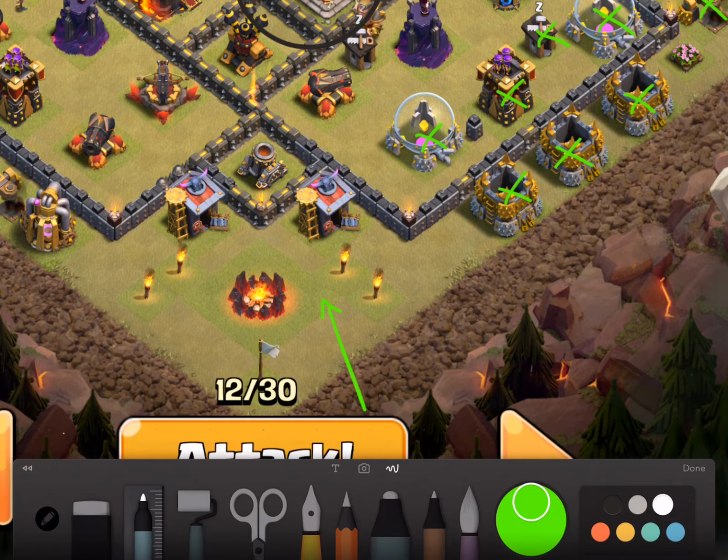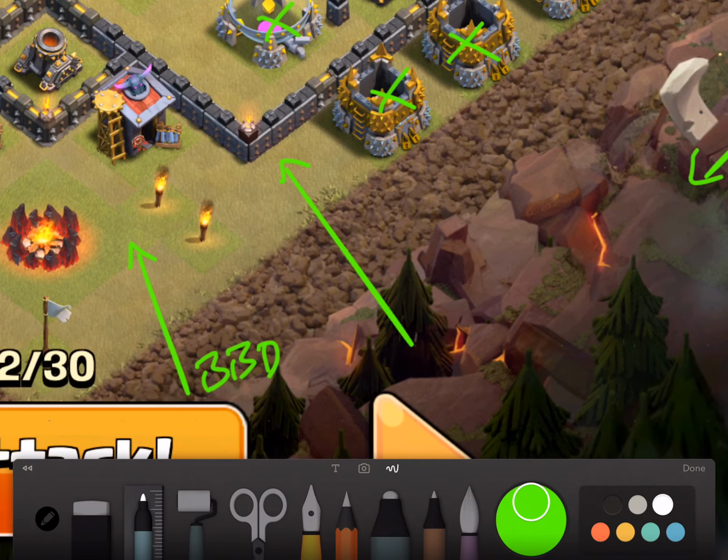On my left side funnel, I'm going to do a baby drag. And then it's basically ready for my heroes. My king is going to be on the left, and he's going to meet up with the queen. The queen is also coming over there, so I'm going to do Barbarian King. I'm going to do 10 Valks, 10 Bowlers,